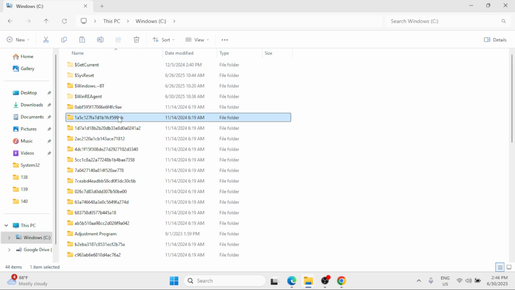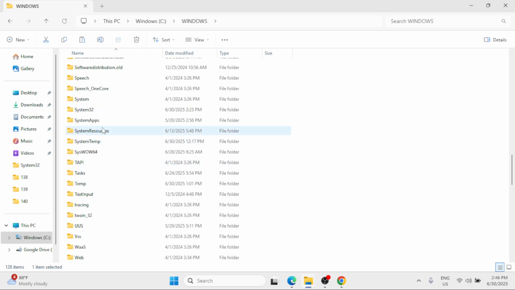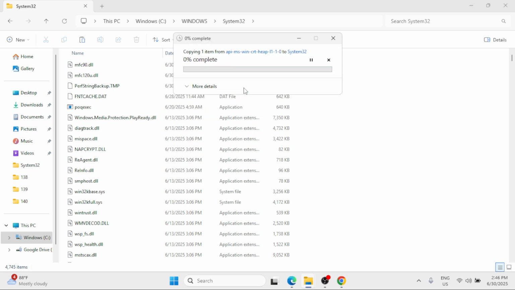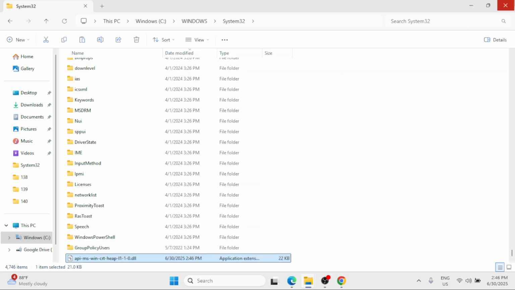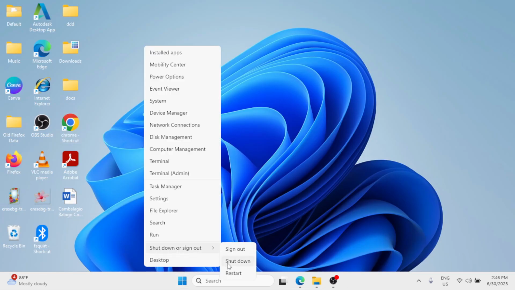double click on the Windows C drive, scroll down to the Windows folder, locate the System32 folder, right click and then select paste, click on continue and paste it here. Now once done, close the window and then right click at the start button, shut down or sign out and